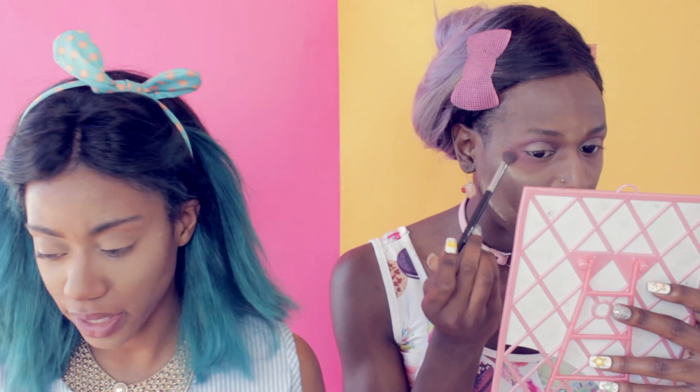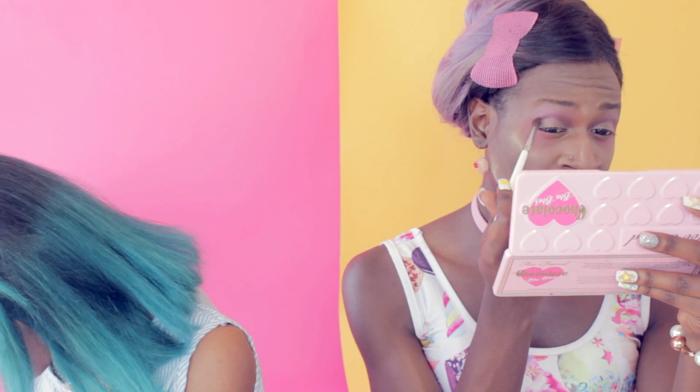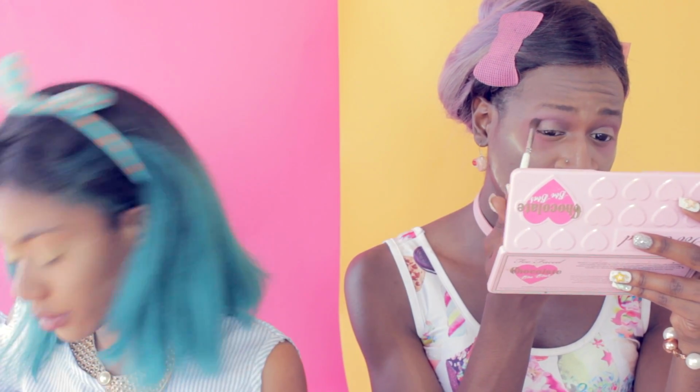Yeah. But once you open it correctly, you're good to go. I'm just gonna go with bright yellow color first, just as like a base. Does it look like I have pink eye yet? Yes, yes you do. Well now, I'm gonna go in with Bordeaux. It's like a reddish brown color and I'm just going to put this in my crease. Not too harsh, just something light to really define that I have